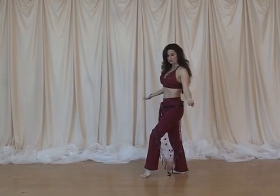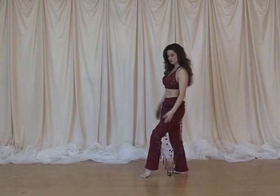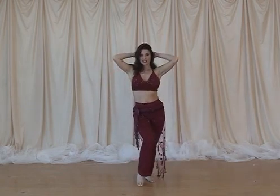And that's part 1. Stay in this position, because part 2 will begin in this position. Let's review part 1 again. Hands in the hair,